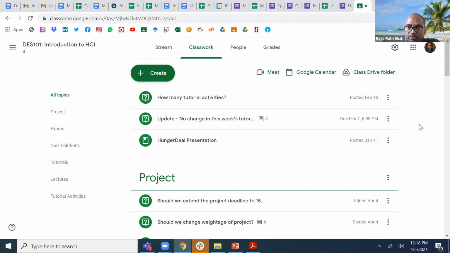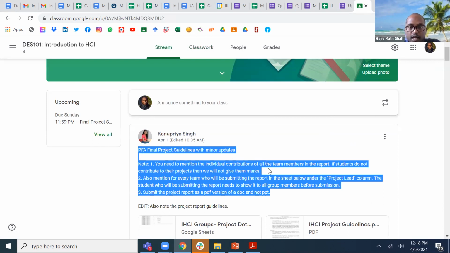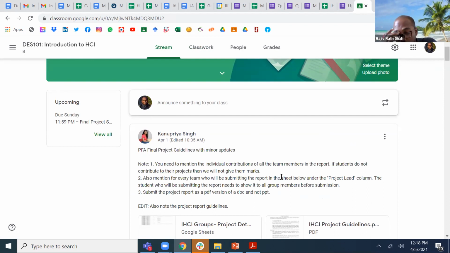Let me simplify that because it may lead to some confusion. Just think in that way: now we will follow this, and the project marks will be out of 20 marks instead of 10. That's it. If everyone is contributing, that's great, and we will grade accordingly out of 20. If some people are not contributing in the group, they are going to get fewer marks. So it's just a warning message to the people who are not contributing in the group.